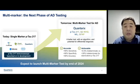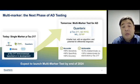However, there is an intermediate zone, which is about 30% of the individuals tested, whose values fall into the intermediate zone, and they need further tests to identify the risk. So for Quanterix, we recently launched the multi-marker test, which includes p-tau 217, amyloid beta 40/42, and also NFL and GFAP. With the multi-marker algorithm, we significantly reduce the intermediate zone for Alzheimer's disease testing, which means we